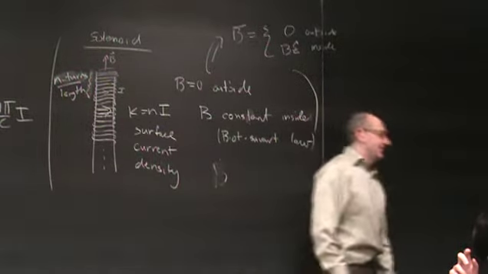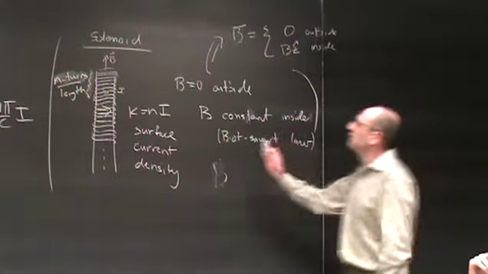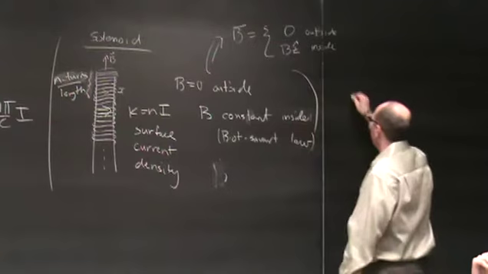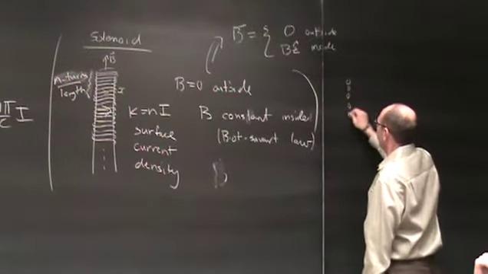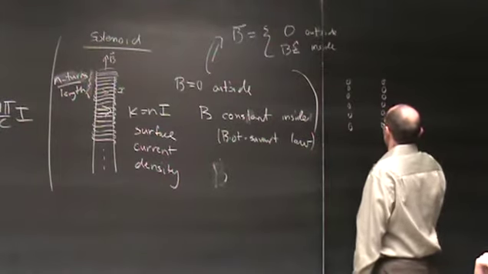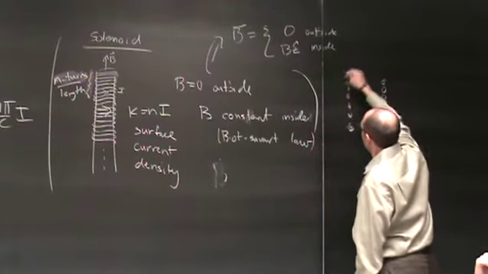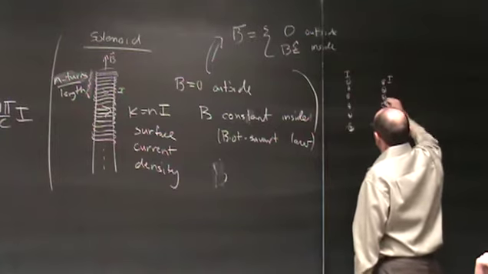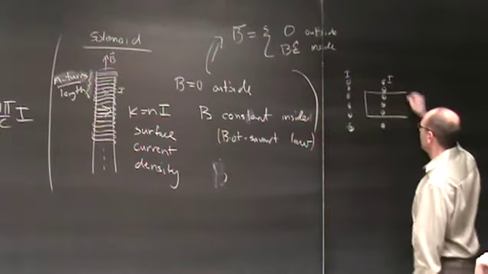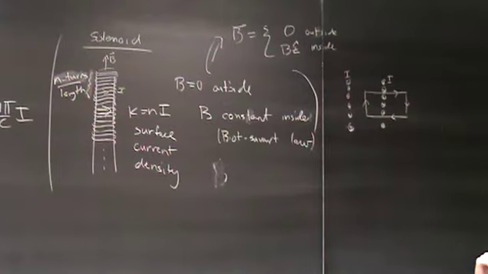Now we can trivially solve for the magnetic field based on the appropriate choice of the Amperian loop, analogous to the Gaussian surface. What loop should we choose? Well, we should choose the loop such that B dot dl is constant along that loop. So if I, again, draw this no longer in perspective, but in cross-section, here are those turns with current coming out of the board over here, and that's current going back into the board over here. Then I should draw my Amperian loop like that, because the integral